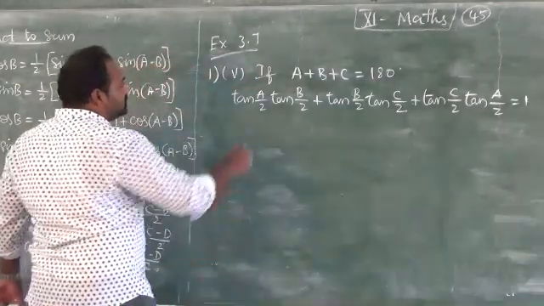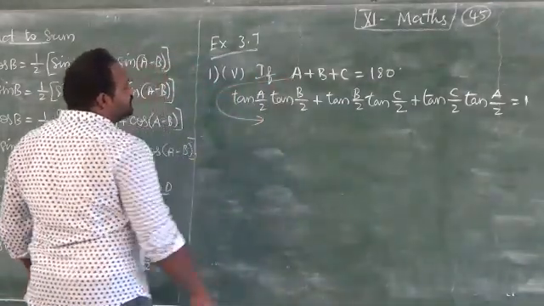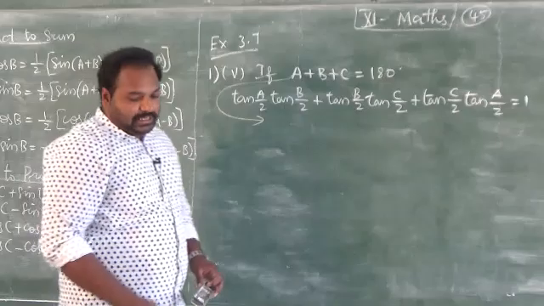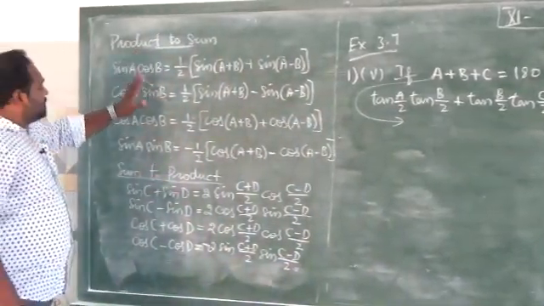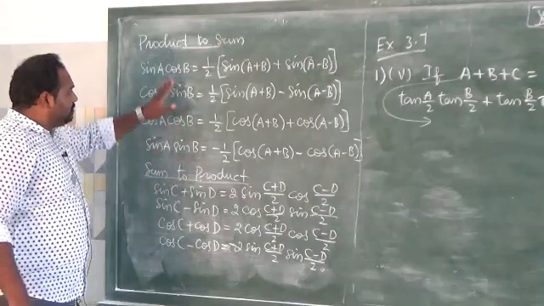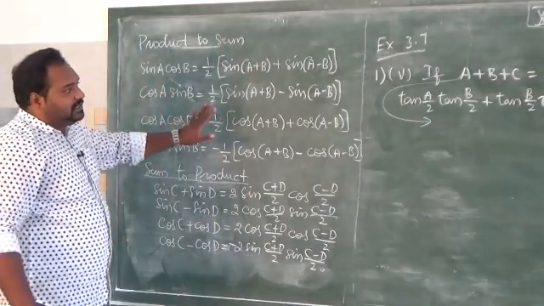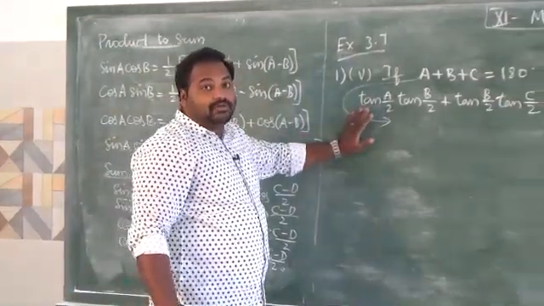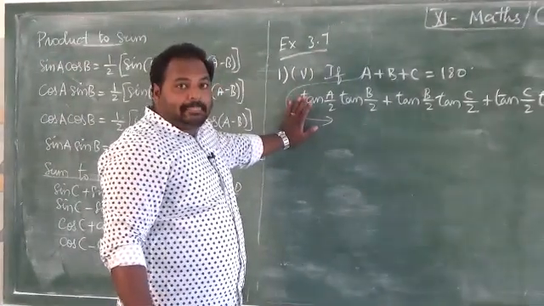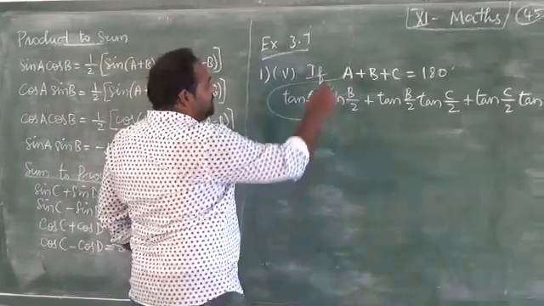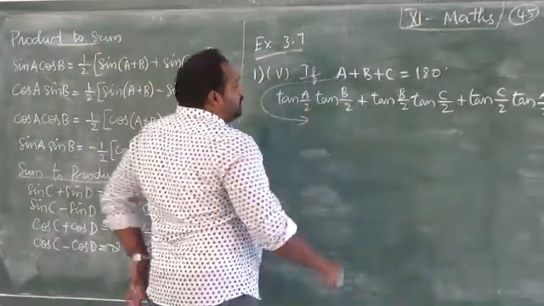This is what we have to prove here. I am going to use this condition to prove this problem. Here we have a product, and for sum to product we have only sine and cos functions. Here we are given tan, so we are going for some other way to prove this problem. By this condition only I can prove this. How can we do that?